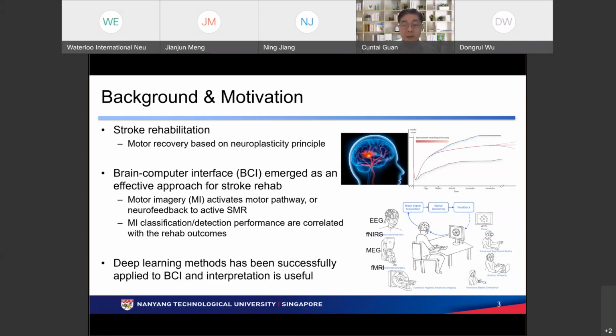This has been done in the last maybe 15 years, since 2005. There are groups working on this, and now they are doing a lot of clinical studies using various scenarios. In recent years, of course, deep learning has been really successful in other fields, computer vision and speech recognition, and we also see a very big hope for BCI, which I will explain a little bit later.